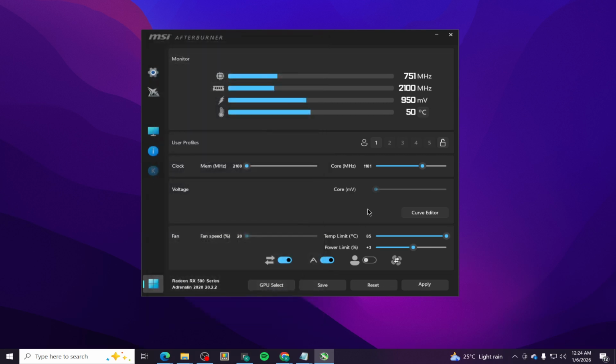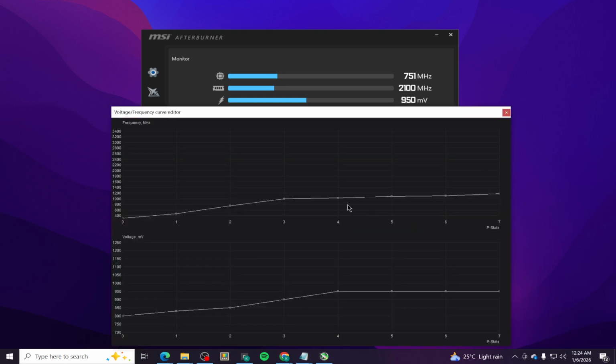Back in the main Afterburner window, you can fine-tune stability and thermals. If it's safe for your specific card, gently nudge the core voltage slider upward by a small amount to stabilize clocks at your new cooling profile. Not every model benefits from this, and you should stay within the limits exposed by Afterburner. Watch temperatures closely. Never exceed the limits the slider exposes, and avoid unlocking advanced voltage controls unless you fully understand